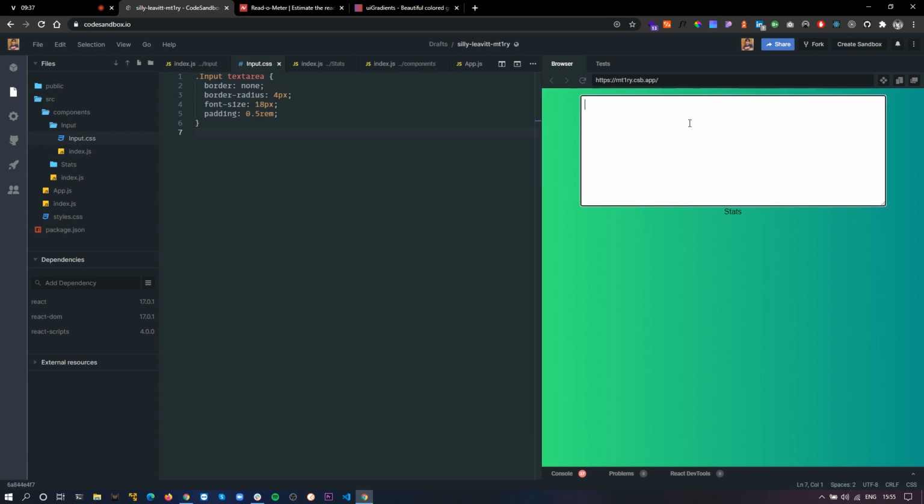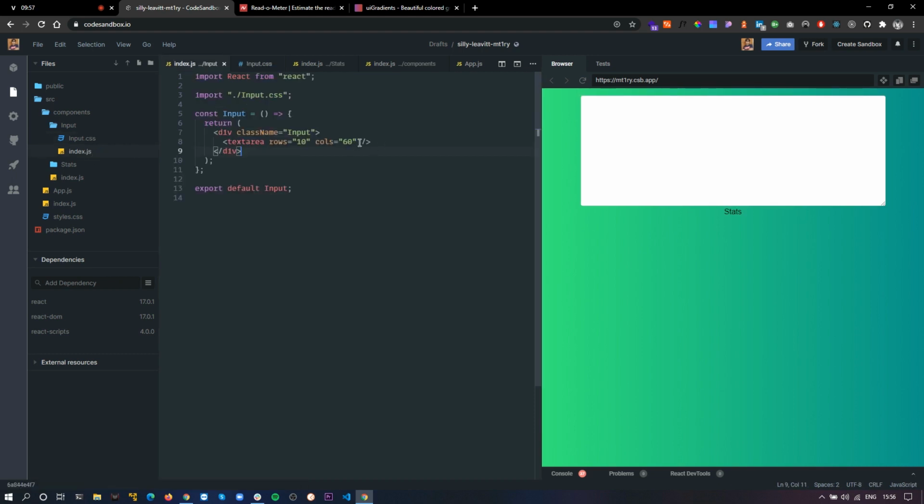So right now this particular input or maybe text area is uncontrolled. React doesn't have control over it. So our first goal whenever we are working with input elements in React is to make them controlled. To make it controlled, we just have to let React control its state. So we need to pass some values, and we need to pass some onChange handlers.